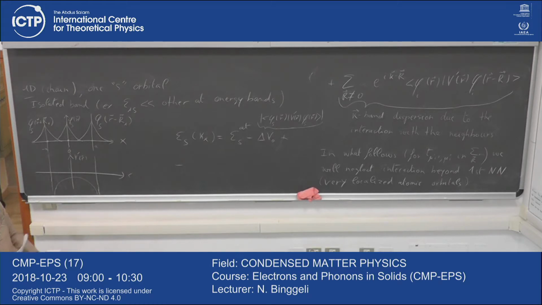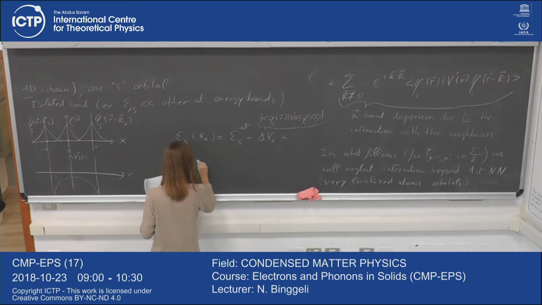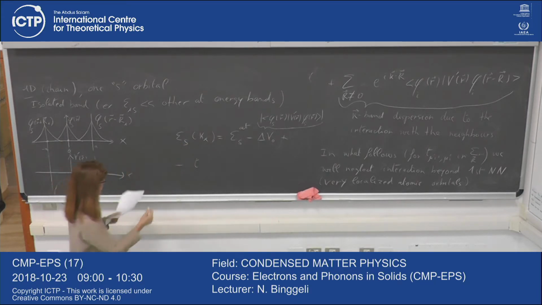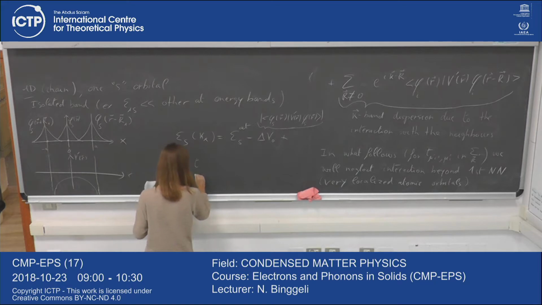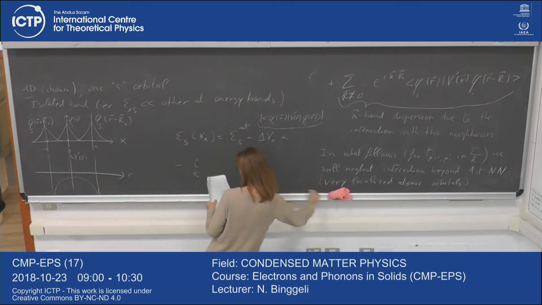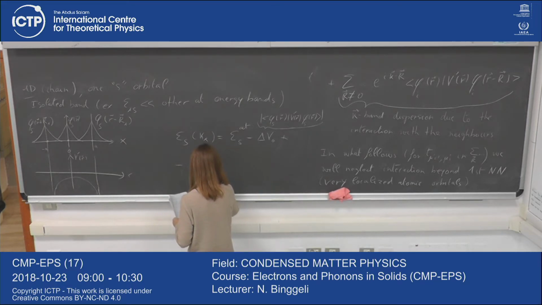So again, if I integrate overall, it will be negative, and I will call it minus T. And I put the minus because I know it's going to be negative. And this T is just the absolute value of the phi S centered at the origin,